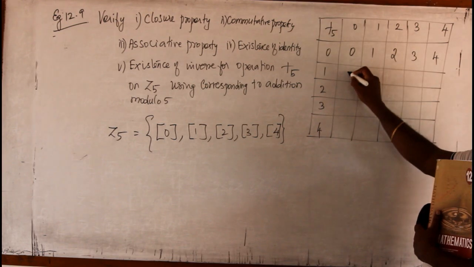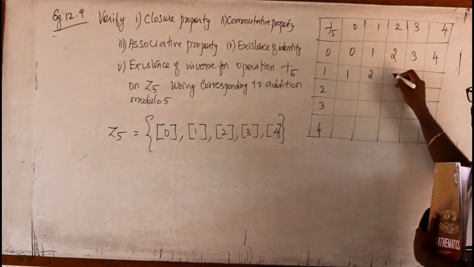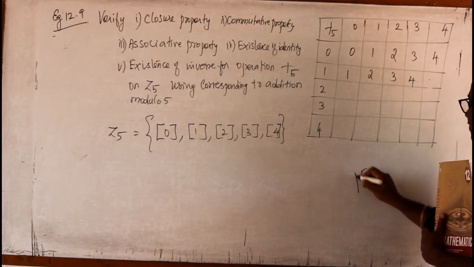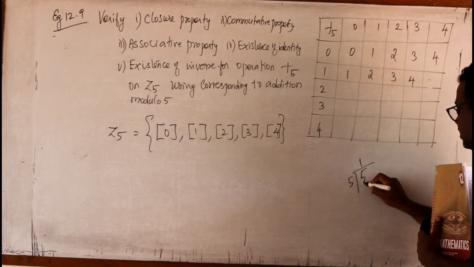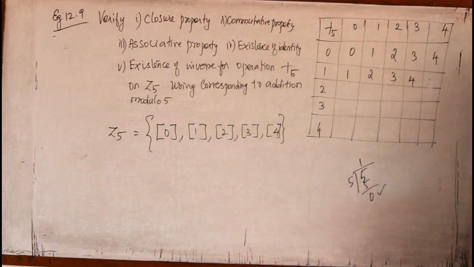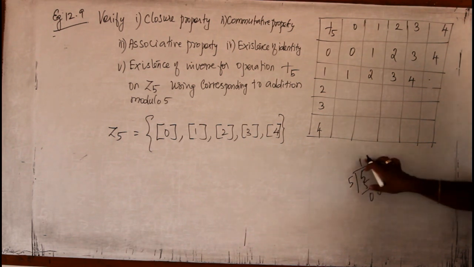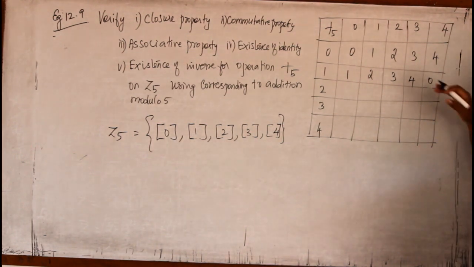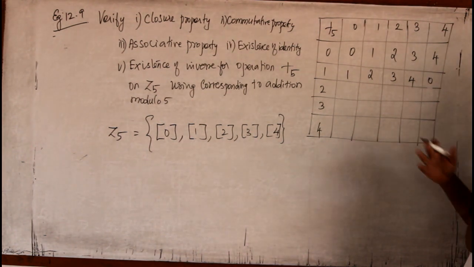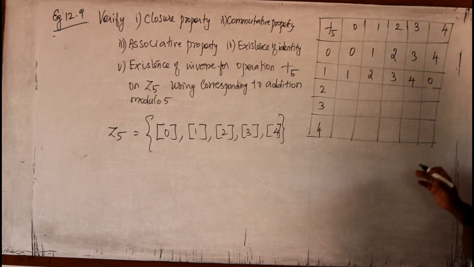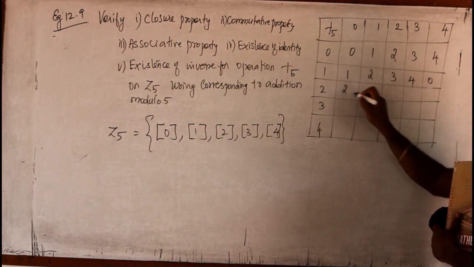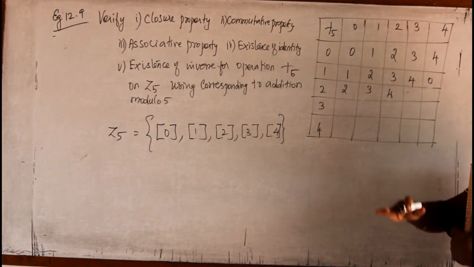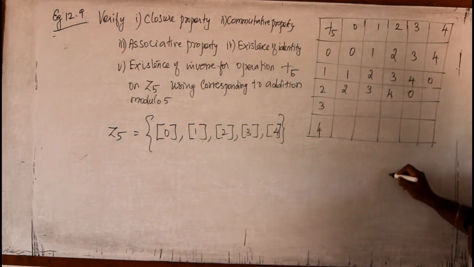Now you add with 1. 1 plus 0 is 1, 1 plus 1 is 2, 1 plus 2 is 3, 1 plus 3 is 4, 1 plus 4 is 5. When 5 is divided by 5, 1 time 5, the remainder is 0. I must take only the remainder, not the quotient. But it is very simple, you don't need to divide like that. Any number, if it comes to 5 or more, just remove the number of 5s, that's all. See, once again, 2 plus 0 is 2, 2 plus 1 is 3, 2 plus 2 is 4, 2 plus 3 is 5. Remove 5, it becomes 0. 2 plus 4 is 6.